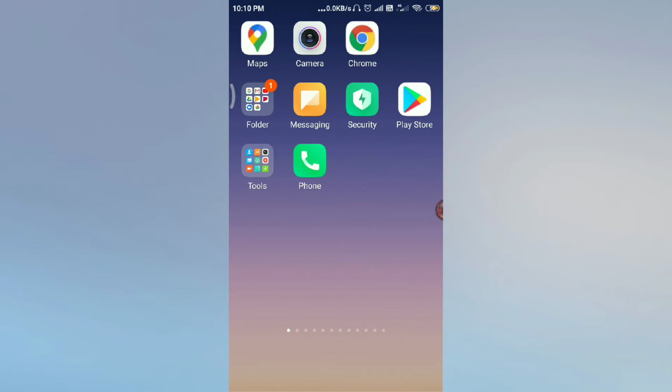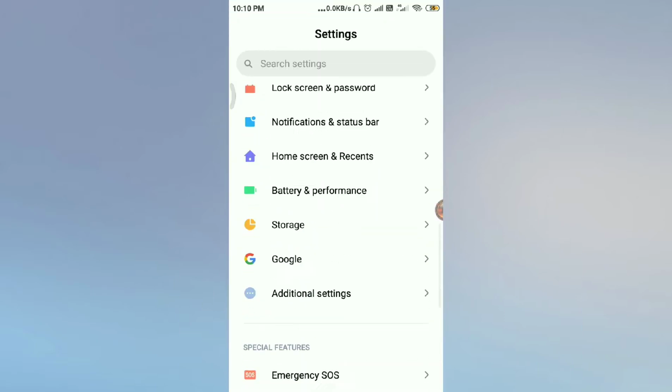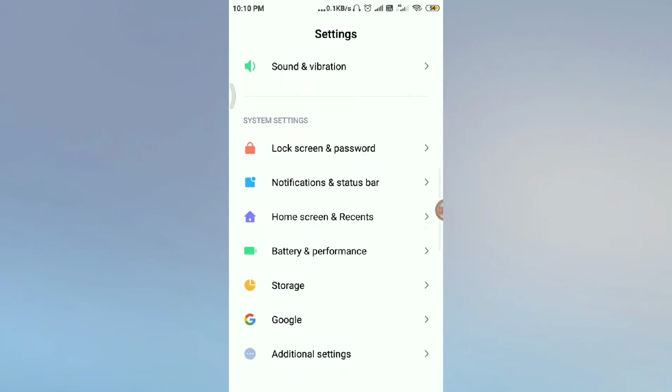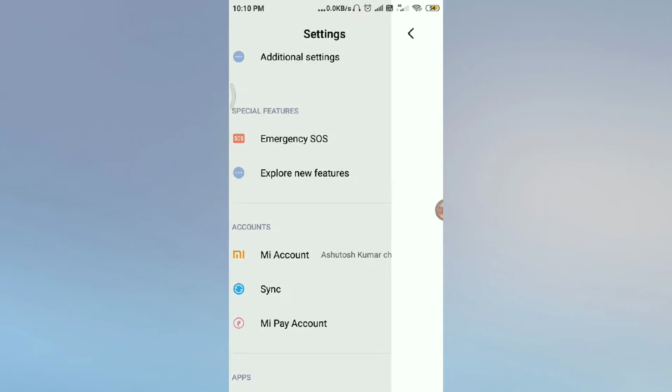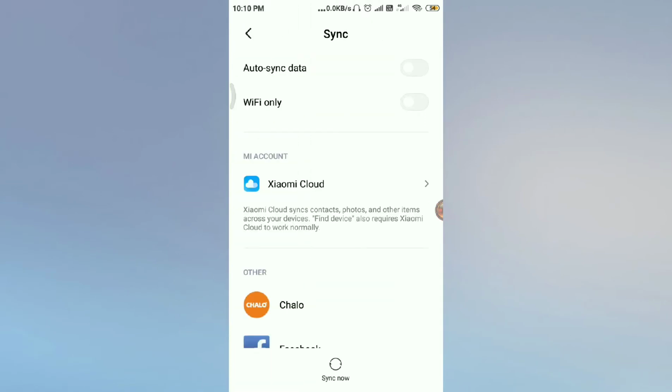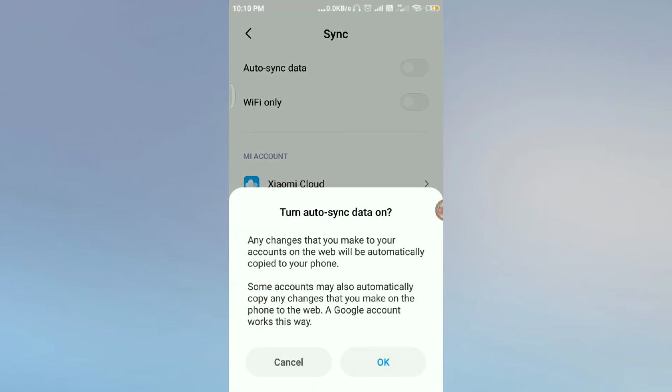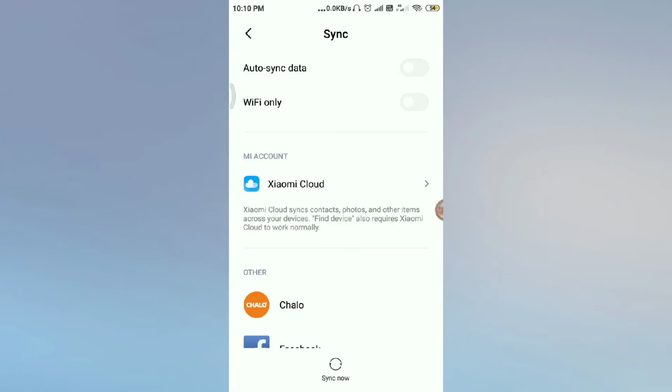So basically what you need to do is go to the settings. You can go to the settings from anywhere, by any method. I am choosing this one. Just click on this gear icon, and then you will find one option here. If you scroll down, this is Sync. Just click here, and you can see that in my case it's turned off. In your case, if it is turned on, then make sure it is turned off.